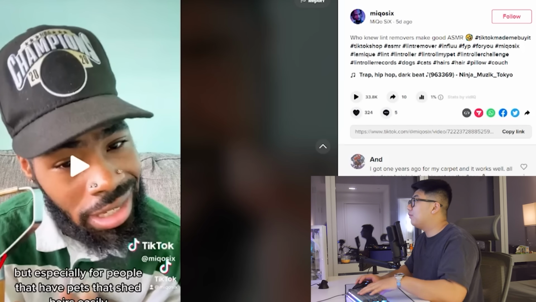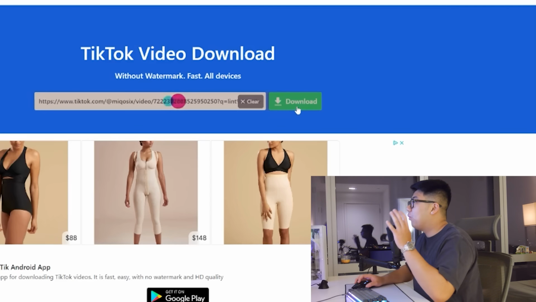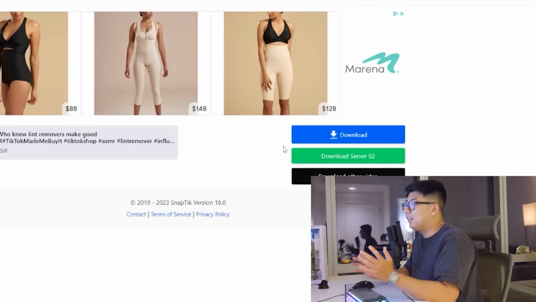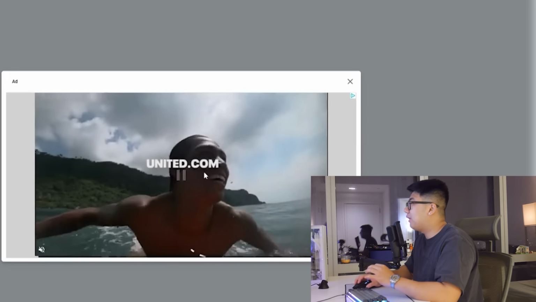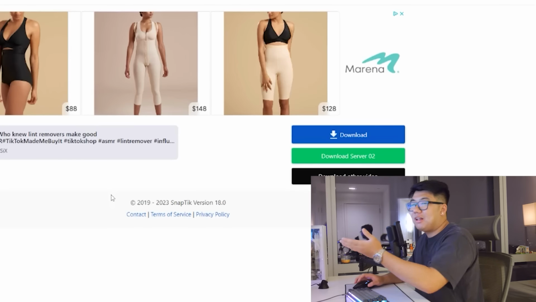So we're going to take this video right here. We're going to copy it. We're going to SnapTik, paste it here, and click download. It's going to give us an ad. Oh, I guess they didn't give me an ad, but we're going to click download right now. And then there's the ad right there. Once you see this ad, you click X and it's going to download the video for you